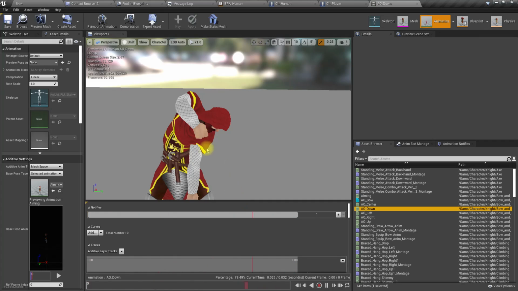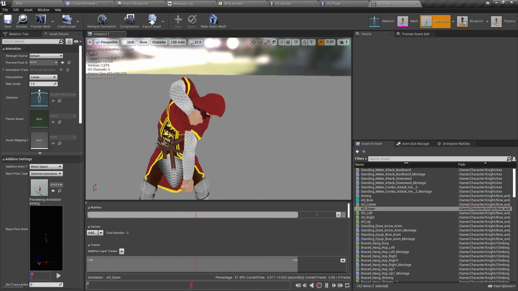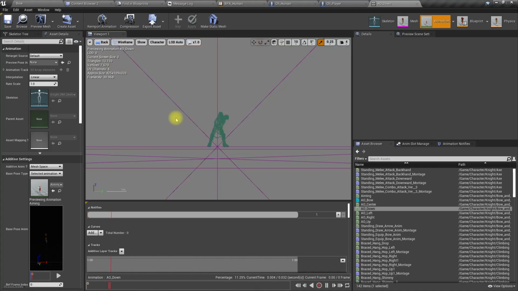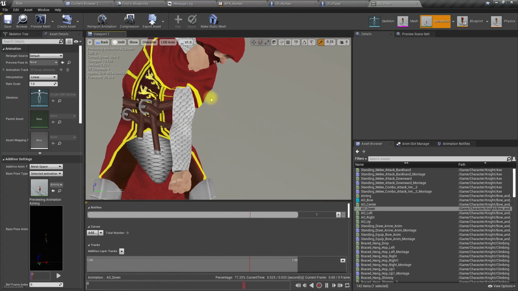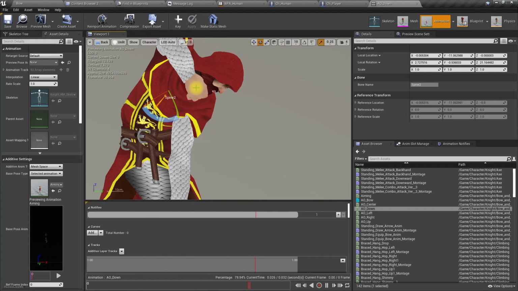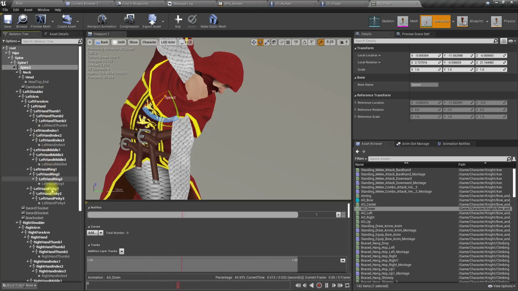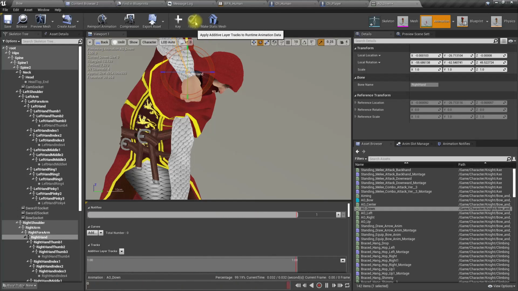The arrow will be aiming in a direction like this. So this hand should directly rotate, look below. Right hand. Is that alright? Add a key and apply.